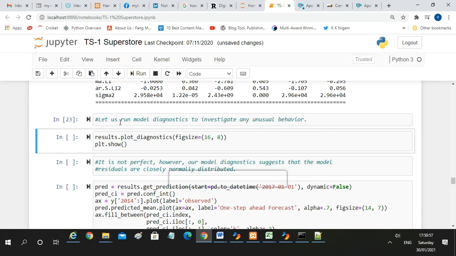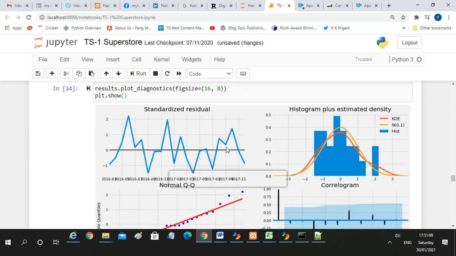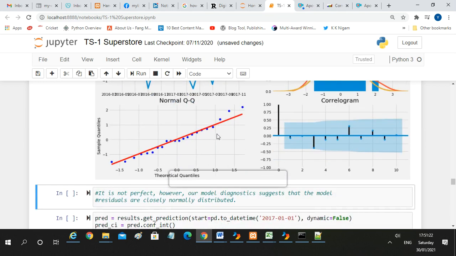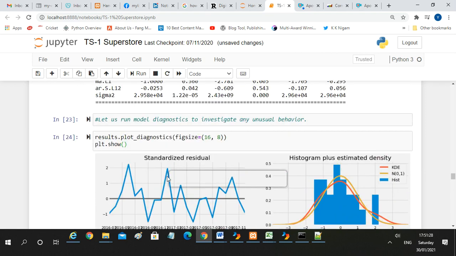So once we run this, of course this is a remark, so nothing will happen, but we are going to have a kind of a plot here with the help of this. So results.plot_diagnostics, figsize is 16,8, and then plt.show. So you can see that different types of graphs are now getting printed here, and standardized residual is this, histogram plus estimated density is this, and then a kind of a scatter plot is here, and then a correlogram is here, right. So all these four are coming in one frame,